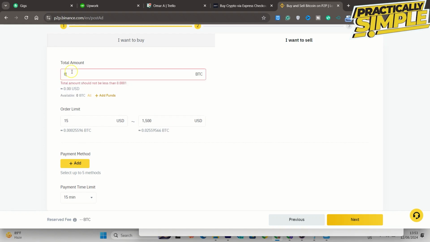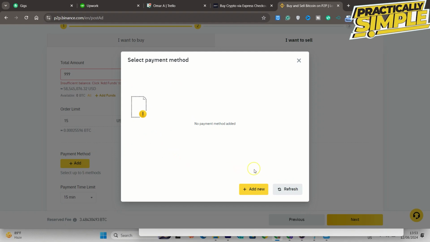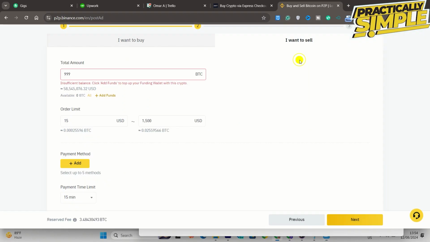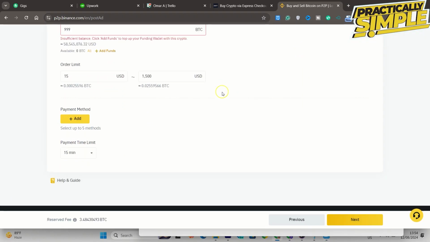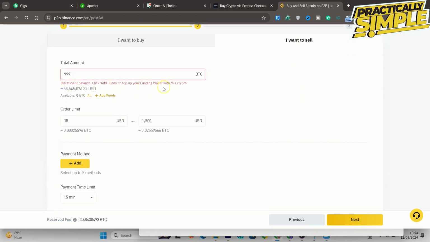Now you can add payment method here. Let's say you add a new payment method, you can add more payment methods, or the pop-up is currently blocked. You can add payment method through here. You can see total amount should not be less than 100. Since we don't have 100 USDT, we cannot actually go through this whole process, but this is basically how to